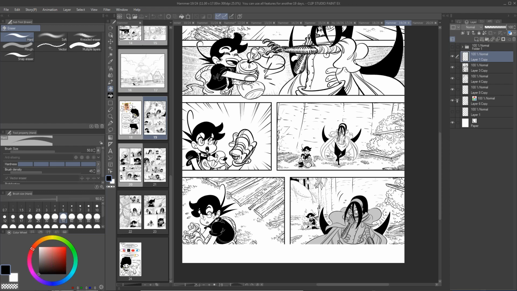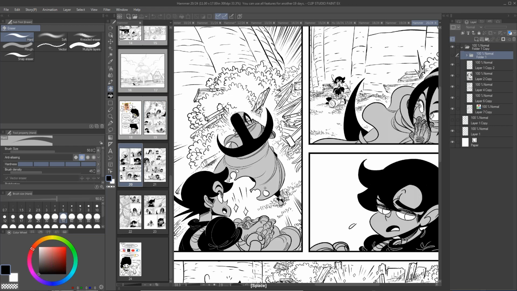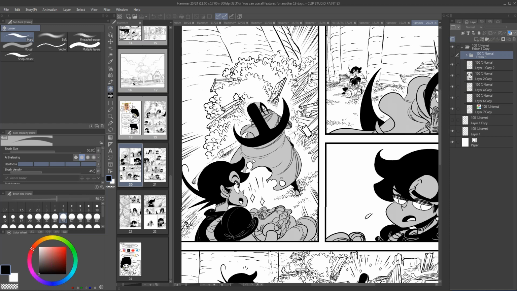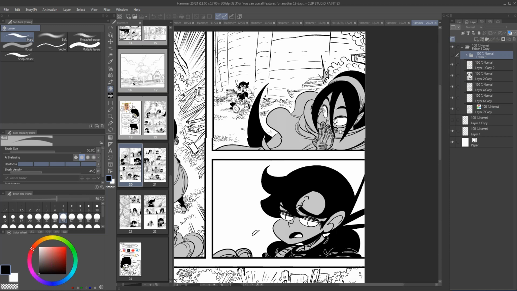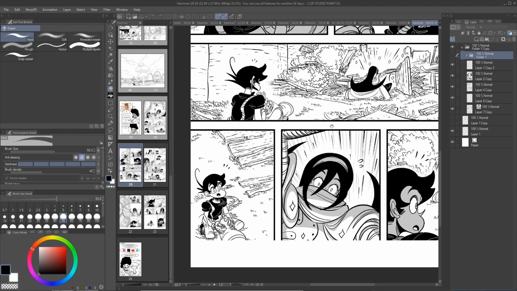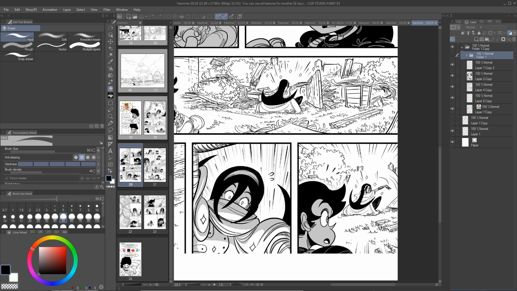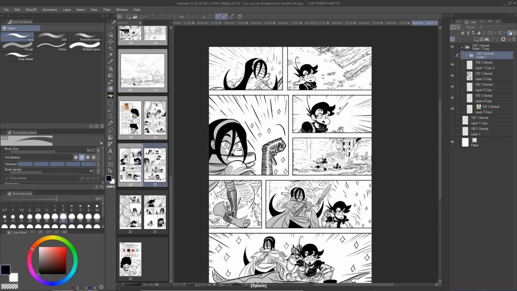It just goes panel to panel, and it's not the easiest thing in the world to do, but it's definitely challenging and really fun for any comic book artist that wants to create the best work that they can make. So that is another tip that I have for everybody here.